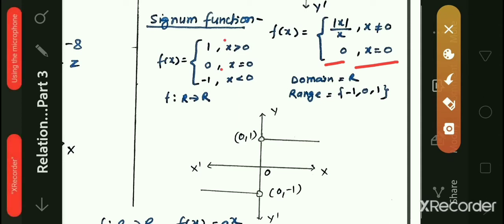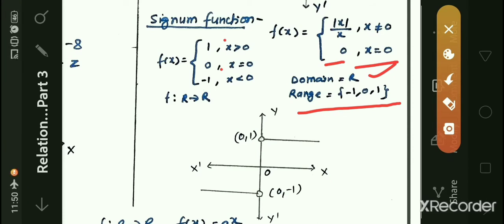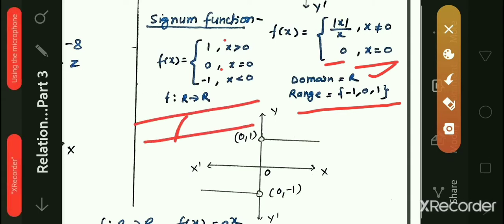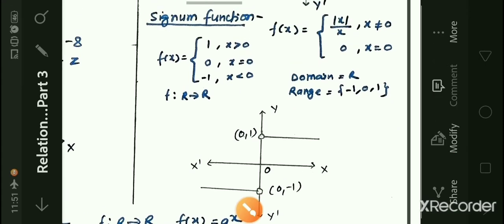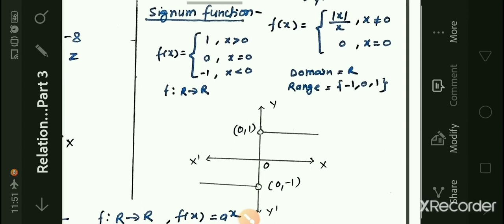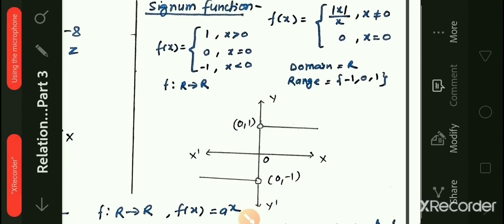The domain of this signum function will be R, meaning real numbers, and the range will consist of only 3 elements, as I told earlier: -1, 0, 1. So its codomain is real numbers, its domain is real numbers, but its range has only -1, 0, 1. Now when you put x is equal to 1,